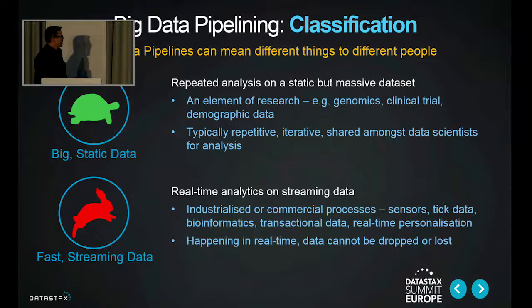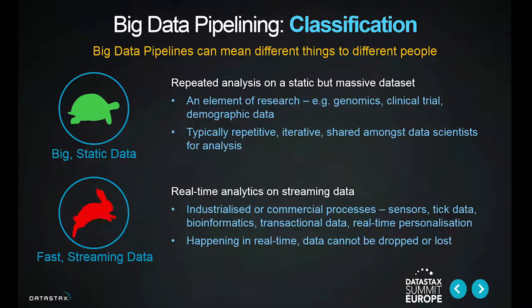So, introduction to data pipelines. For the purposes of today's talk, I'm going to divide data pipelines up into two types, really. Effectively, one is going to be dealing with massive, large data sets, static data pipelines, and we're going to compare that with how you would build a solution to support real-time analytics streaming data. So massive data pipelines, these are typically things which are an element of research, so things like genomics data, clinical trial data, demographics. These could be terabyte and petabyte scale data sets, so we need an architecture that's capable of supporting that. And these are typically repetitive, iterative processes, analyzing data to come up with the conclusions that are needed from that data.